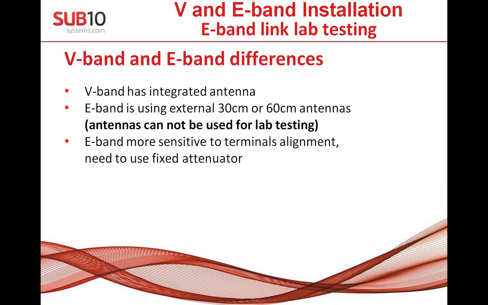On E-band, it's different because you have external 30 or 70 centimeter antennas, which are dishes, and they are producing a high power signal, much higher than an integrated antenna. And it's not so easy to align the system with antennas on the table, but there is still a temporary solution, which is called an attenuator again, or an attenuator kit,